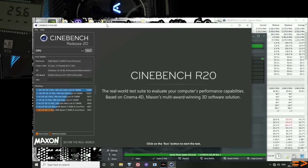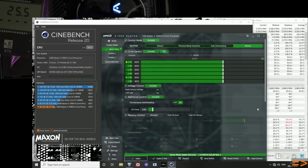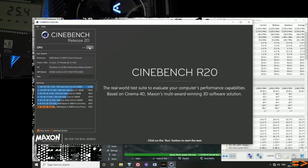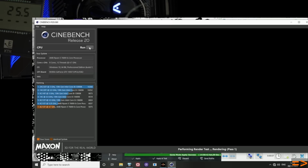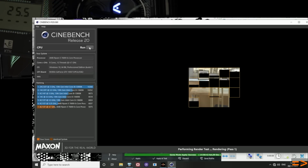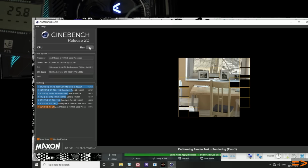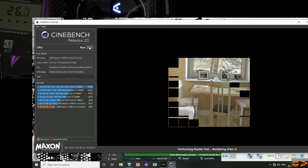So I guess 5.6 is not happening. Actually, you know what? No, let's keep going down. Let's see, 1.32. Because the thing is, the chip does clock better just because it's cooler. So maybe it just needs very little voltage. But the cooling benefits aren't infinite, so...